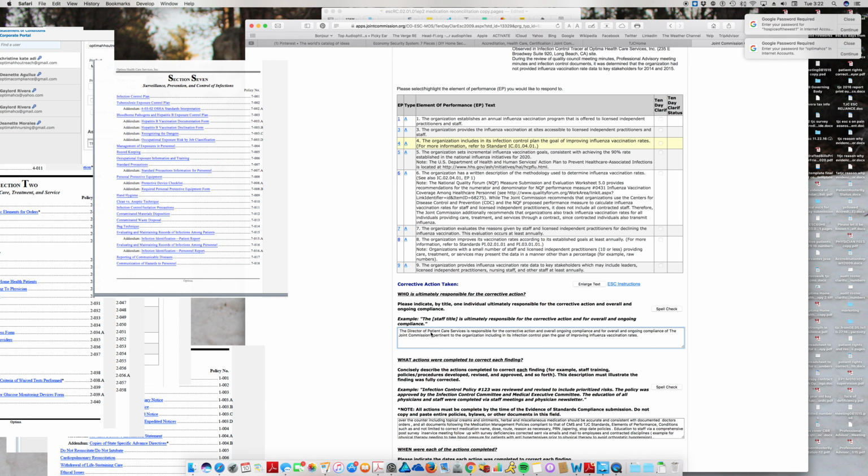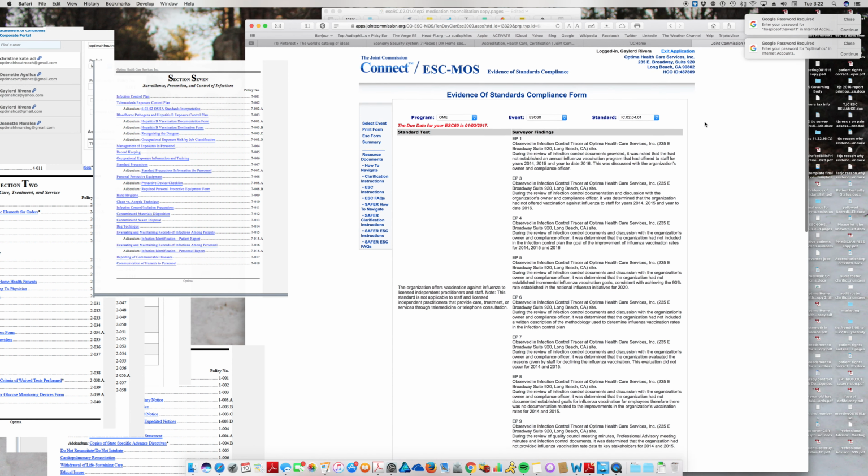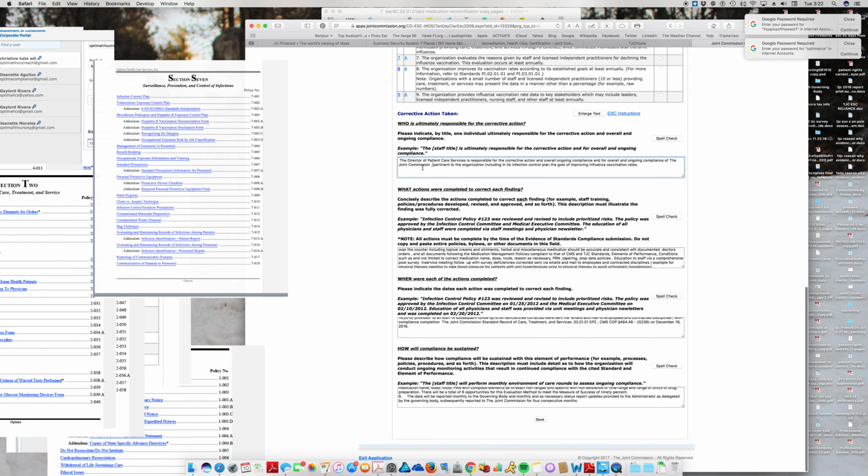The DPCS is responsible for the corrective action and overall ongoing compliance of the Joint Commission's, whatever it is, IC. So we need to put in infection control, prevention,